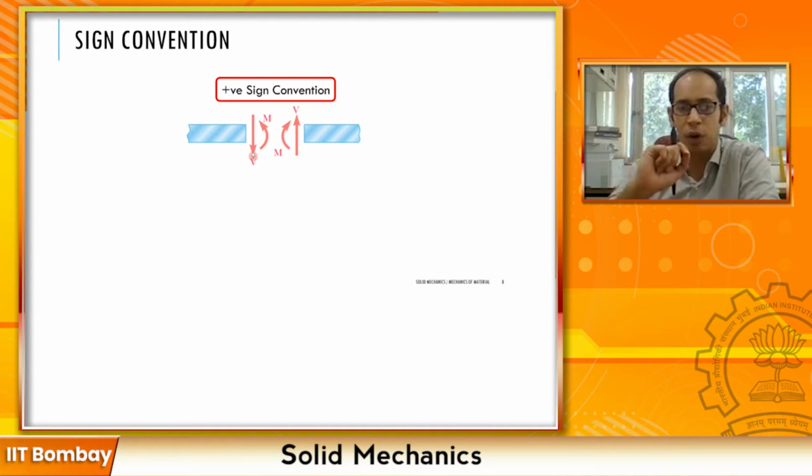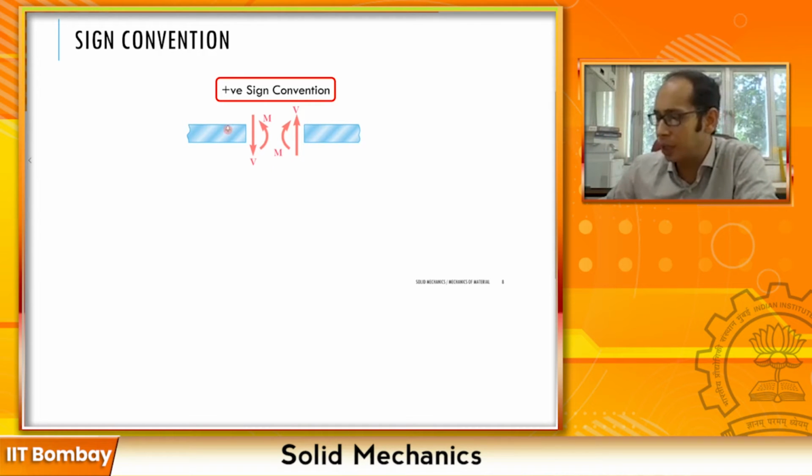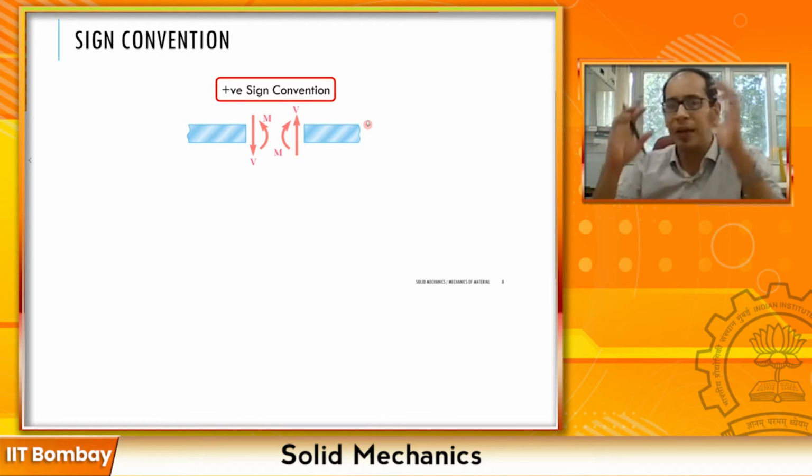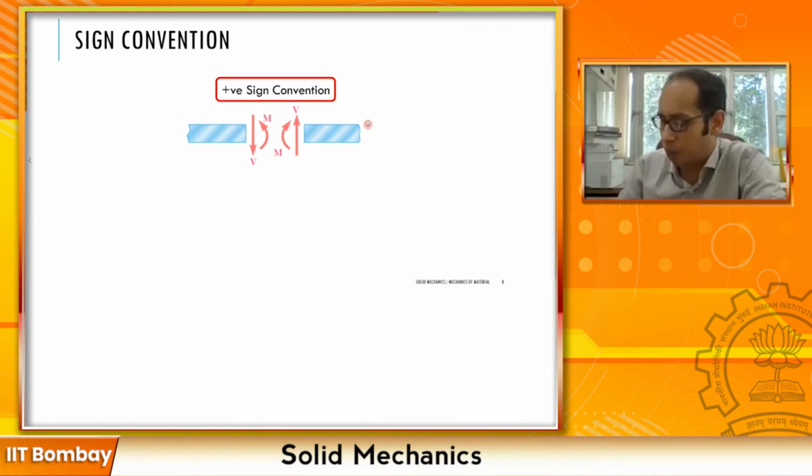Positive V is the one which tries to make your beam rotate in a clockwise manner. So if you see over here, both in this section, this V tends to rotate your element clockwise, and even in this section it tends to rotate your element clockwise, and this V and this V must be equal and opposite because they're looking at the same section. Similarly, the positive moment, for this section, tends to turn your beam into a trough. Even in this one it tends to turn your beam into a trough or makes a sagging kind of a moment, right? So if I just have to draw an overall positive element, what does that look like?